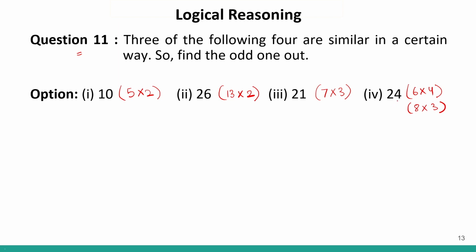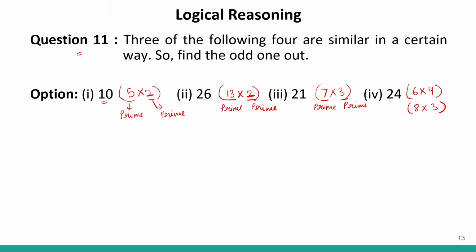Correct? So now if I look at these terms, I cannot simply look at the logic, but let us see. 5 is a prime number. 2 is also a prime number. 13 is a prime number. And 2 is also again a prime number. Correct? Similarly, 7 is a prime number. And 3 is also a prime number. So we have multiplied a prime number by a prime number and we have gotten